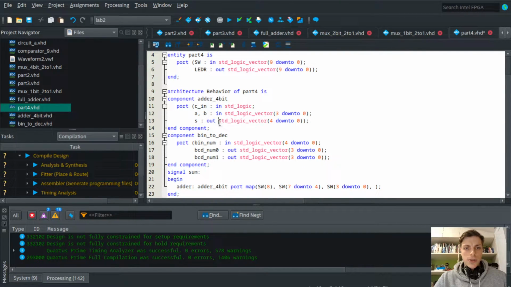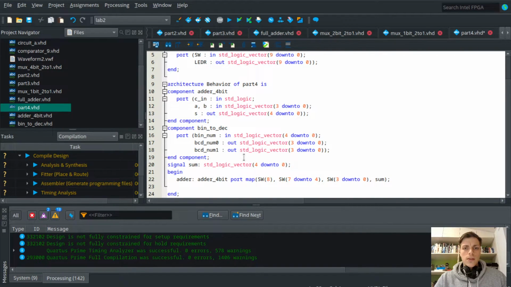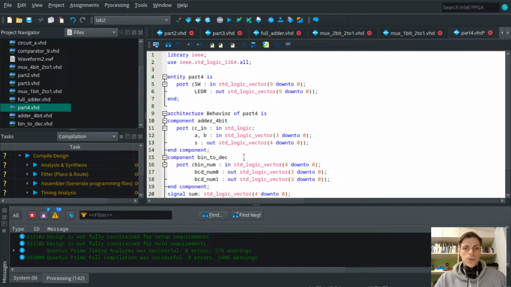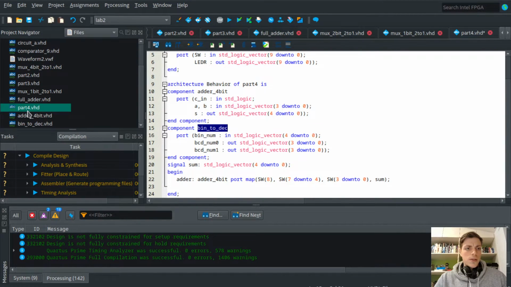It will be std logic vector 5-bit, and adder will output the sum to this signal, and then we want to display this using bin to decimal. So let's create an instance, bin to decimal port map, and this will take sum as input, and